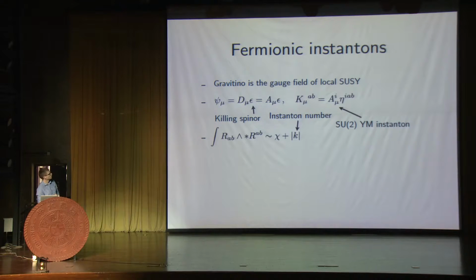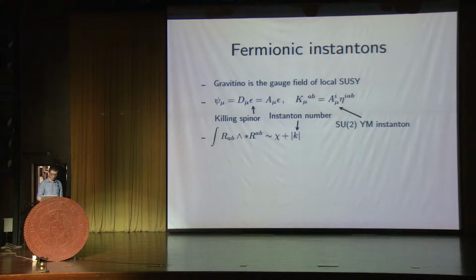In order to preserve the BPS saturation, you find that you need K to be self-dual, or anti-self-dual, which is obviously sensible in this context. The way that you engineer this in practice is by using a self-dual Yang-Mills connection, also known as an instanton. Eta here is the self-dual 't Hooft symbol. So if you compute, for example, the